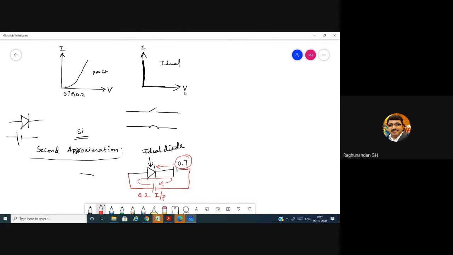I'll call this B, I'll call this A. When the battery B is greater than A, during that time, what happens? The current through the circuit will be in the direction of this battery. But can the diode get forward biased when B is dominating? See the circuit. Can the diode get forward biased when B is dominating?